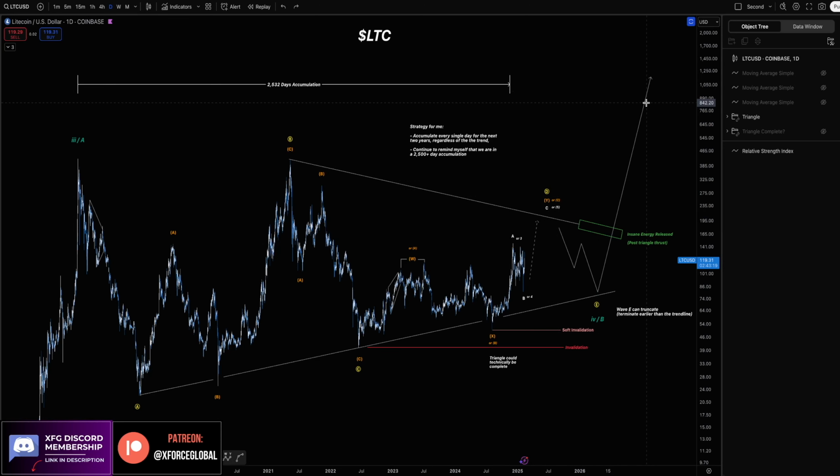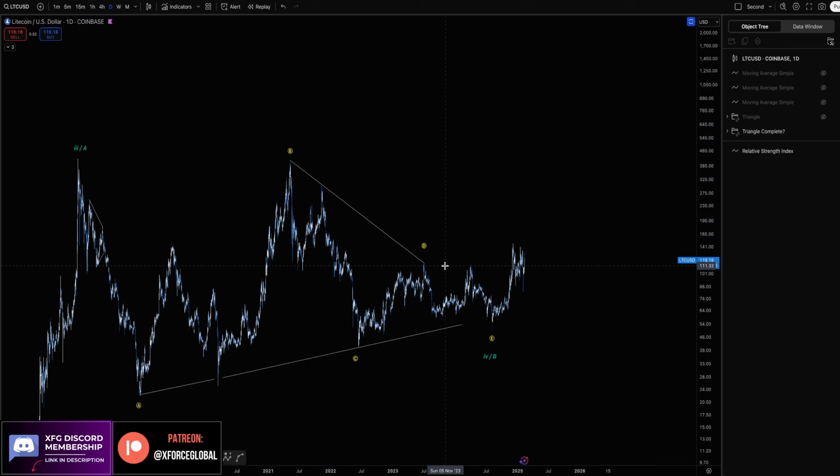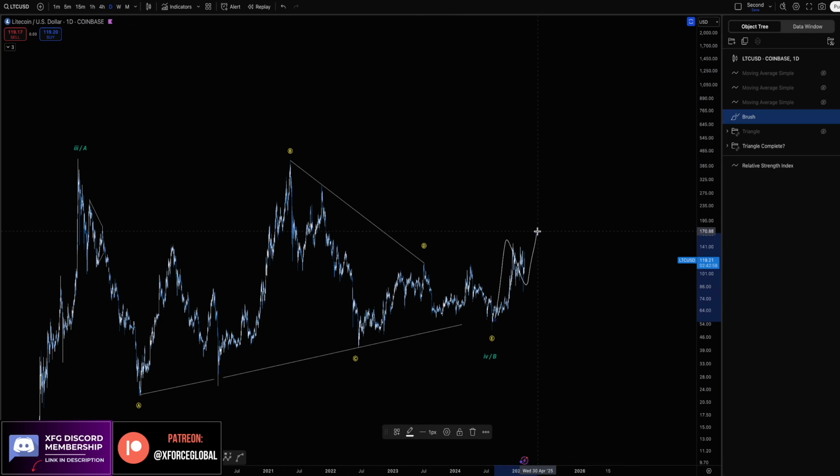So hopefully that's helpful, ladies and gentlemen. We have two ways of looking at this. We have the possible triangle idea. We also have the possibility that the triangle is complete, but I can't take on more risk based on just the current expectation of not only Bitcoin, but also a lot of other altcoins that are kind of sitting on the fence right now. That is why I can't just say I'm going to be going all in on this position.